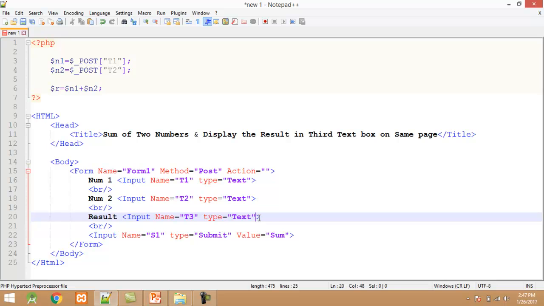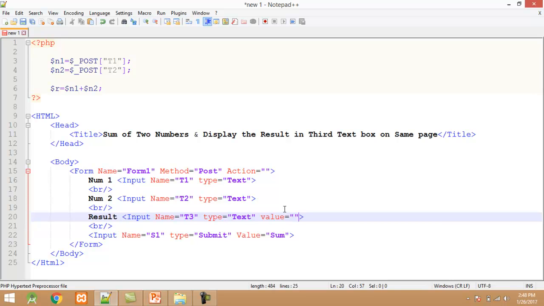To display the result in third text box, HTML provides value attribute. In value attribute we must pass the name of PHP variable, but we cannot pass PHP variable directly here because this is our HTML code and HTML code does not recognize PHP variables.